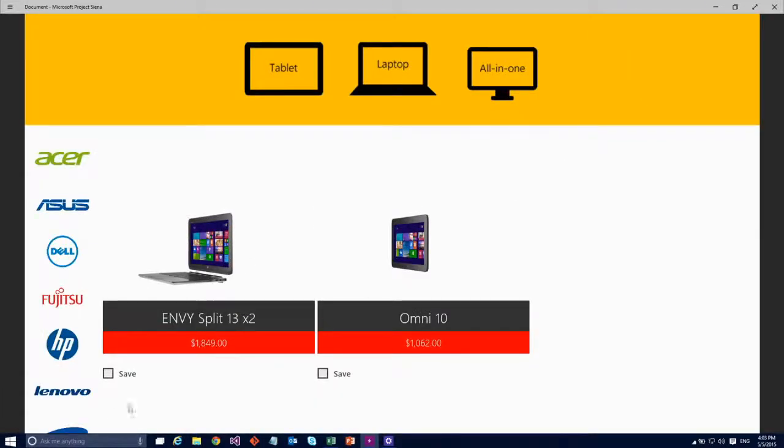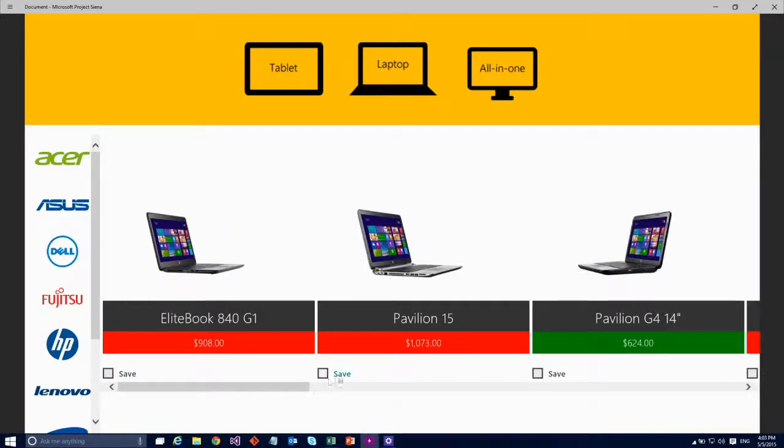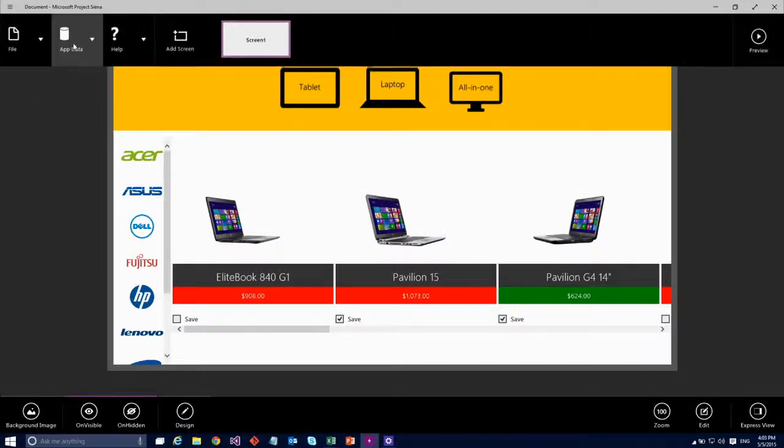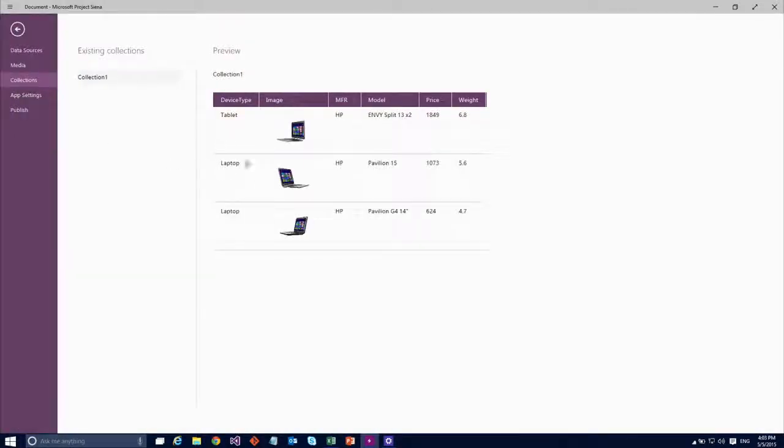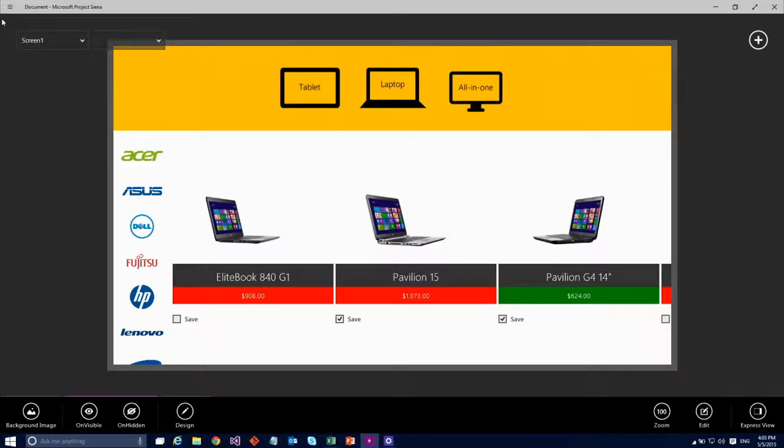It just makes it easier to click on things. I'm going to save that one. We're going to filter on, check out some of these laptops here. And now if we jump in the collections backstage, we can actually see that those items have been saved into a temporary collection, which allows me to then do something like this.